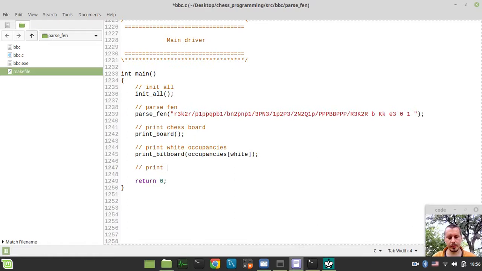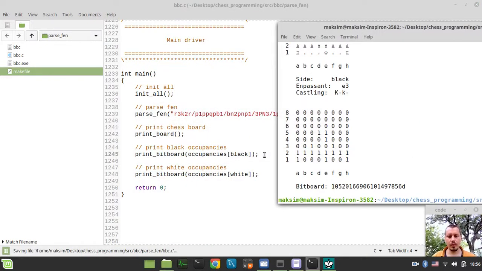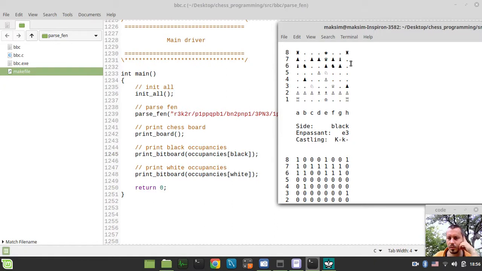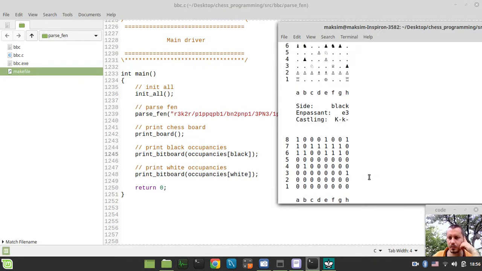So print black occupancies, and print bitboard occupancies indexed by the black color. Okay, so here are the black occupancies. So rook, king, rook, all ones, third rank 3 bits. Okay, then 1 bit here and 1 bit here. Yeah, perfect. And the very last one, in order to get the occupancies for all the pieces, we can simply bitwise OR